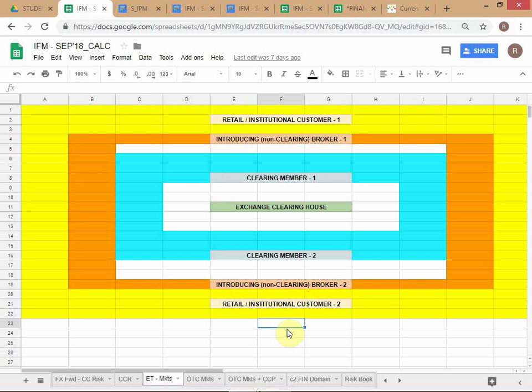The second point is that without depositing IM, the ECH is not going to recognize your contract. The ECH will determine the IM and tell you what the IM is for each contract. You have to deposit that IM with the clearing member, and the clearing member has to deposit it to the ECH. Without that, there is no contract. Once the contract is on, every day that the contract is open there will be daily mark to market, and by next morning you have to settle the difference. If you are a winner, you can take out your money. If you are a loser, you have to pay the money. The ECH takes the losers' money and pays the winners. Is this clear?